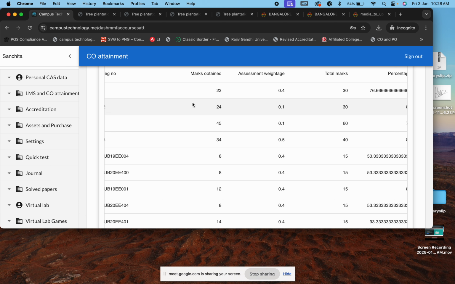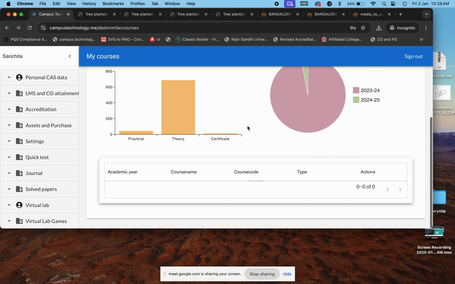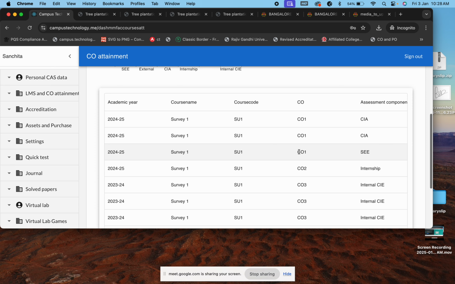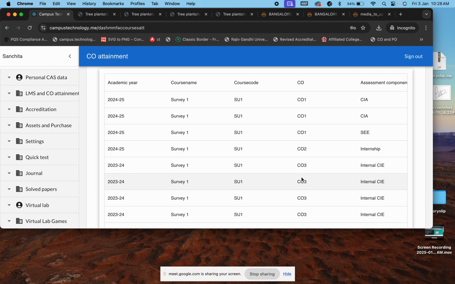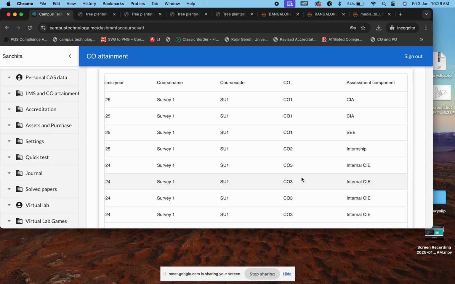One is this CO part which you're talking about, where CO mapping has to be done by the concerned teacher. Which mapping, ma'am? The one to the left, the second one you mentioned, CO 1, 2, 3. Yes, this one, CO 1. This mapping or matching has to be done by the concerned faculty.